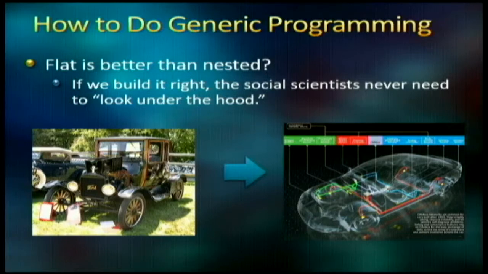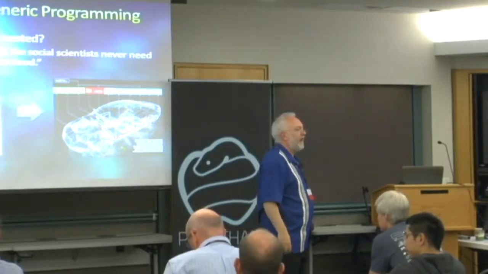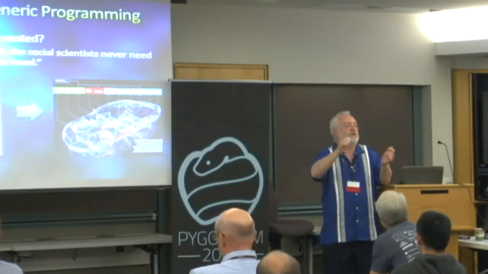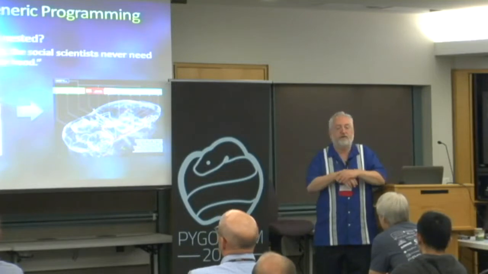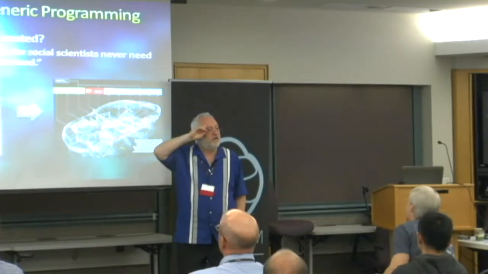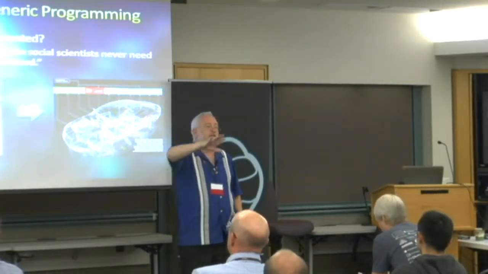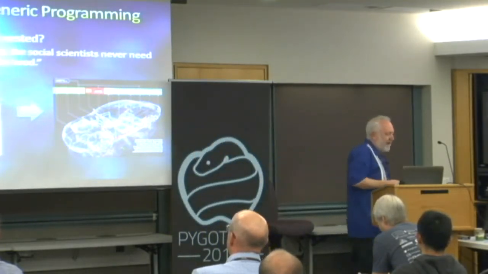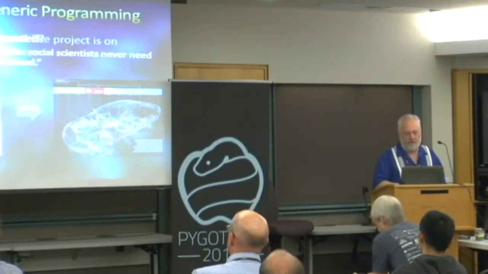Now we've got really complex systems embedded in the car, and the average user has no idea what they're doing, but the average user can simply turn a wheel, press an accelerator, press a brake, and the thing works like they want it to. So it may be worth it. The end product is what tells it finally, but to bury a bunch of complexity to give very simple controls at the top level. So in terms of flat is better than nested, that's my evaluation of the trade-off I'm making here.